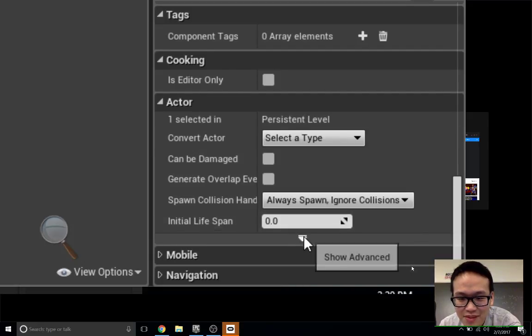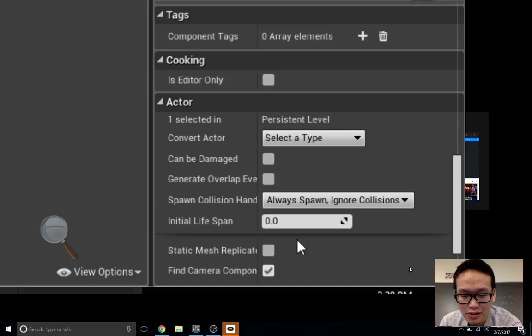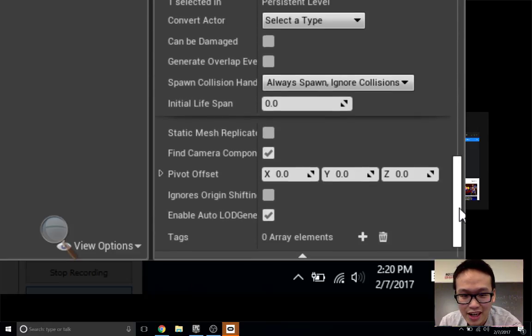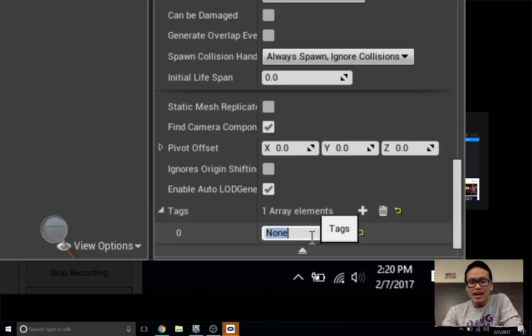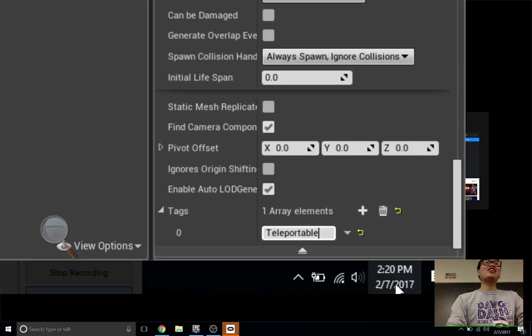Sometimes they hide stuff, so when you go to the actor tab and click on show advanced, it will show more stuff down here. And there's something called tags. I'm just going to add a tag called floor, or maybe teleportable. You can name it however you want. So you can add a new tag.